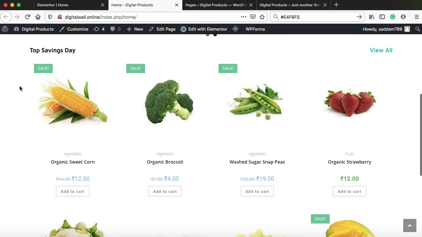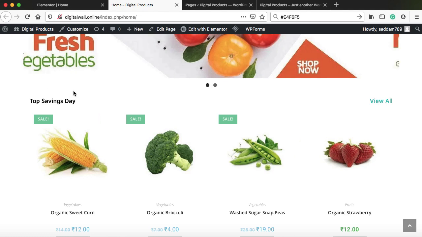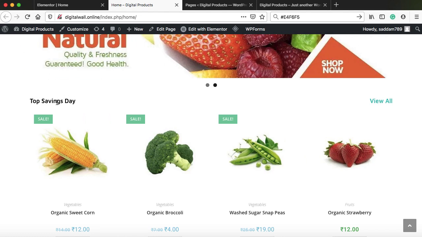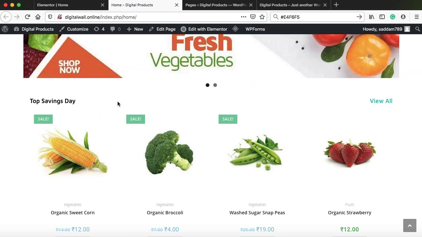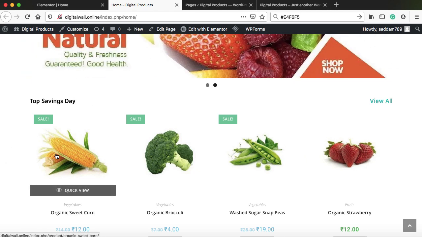These look really amazing. Now let's go ahead and we can make this entire section more impressive. Firstly, we can add some top margin above this section. As you can see, the heading and this banner have very little white space. So we can add some kind of margin at the top section, and then after we are going to change the background color of this outer section. So these products will stand out from this outer section.